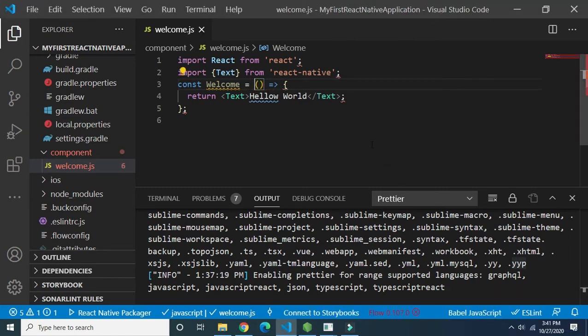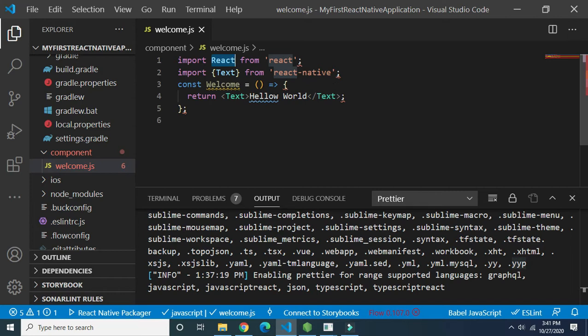What is the use of the React module in this code? This React module is used to convert the JSX component into a native component. As we discussed earlier, this React Native project you can use on Android as well as on the iOS platform.